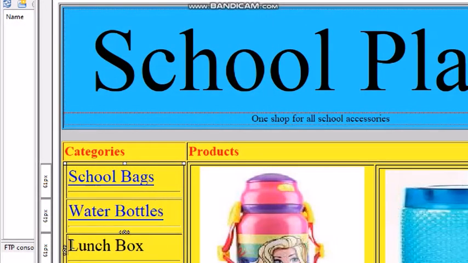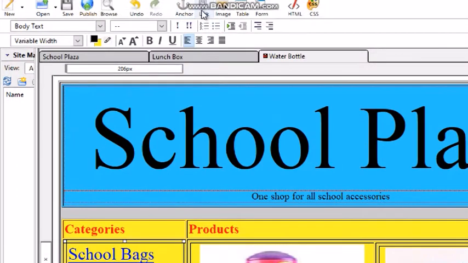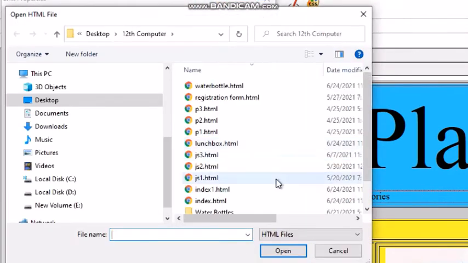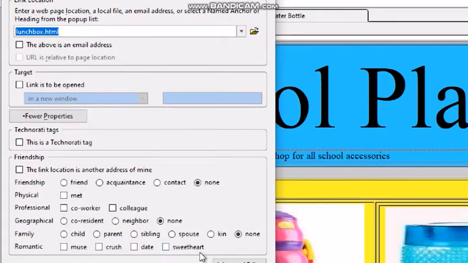Now lunchbox, select it, link, choose file, lunchbox.html, open. Okay.